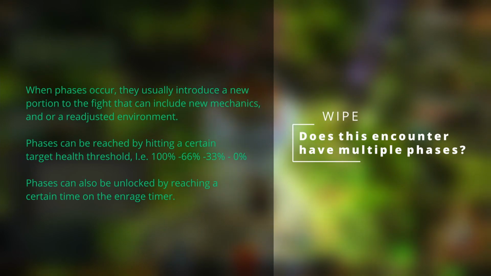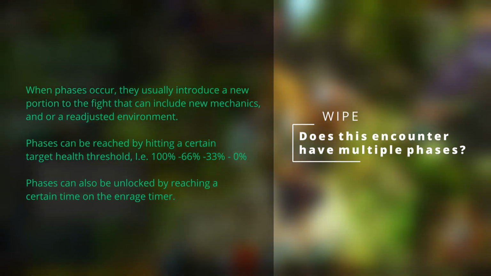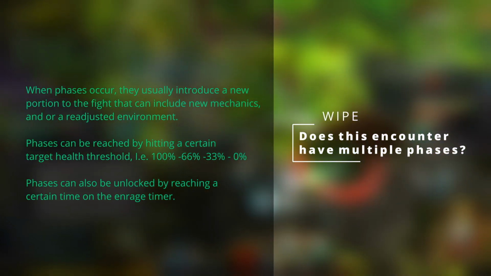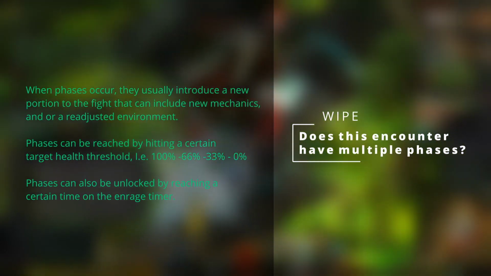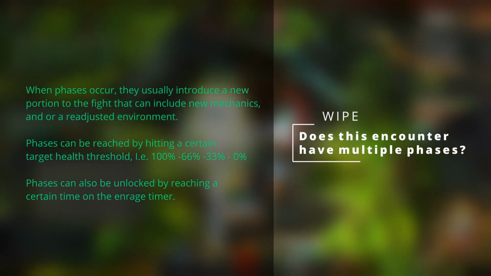This is a very important one to know because I usually break down my explanations into phases. If the encounter has phases, then I will take a look at the core mechanics that we will see in the first phase and focus on those in my brief explanation. Usually, raids will present mechanics that will persist throughout the entire encounter, only adding new mechanics on top of those